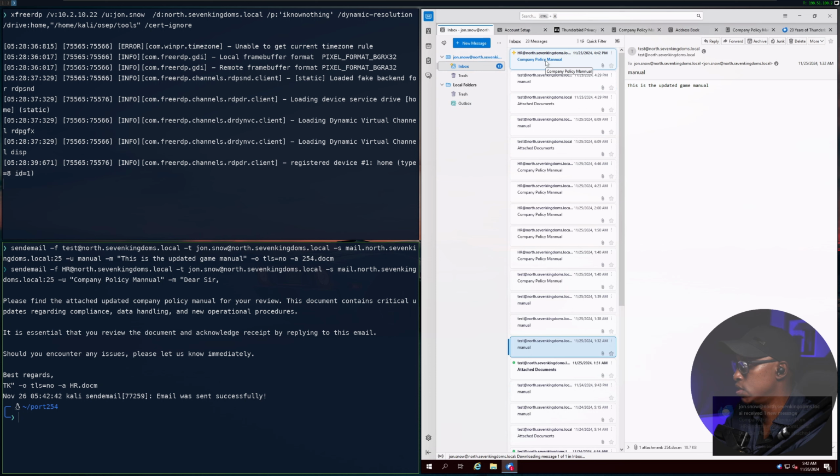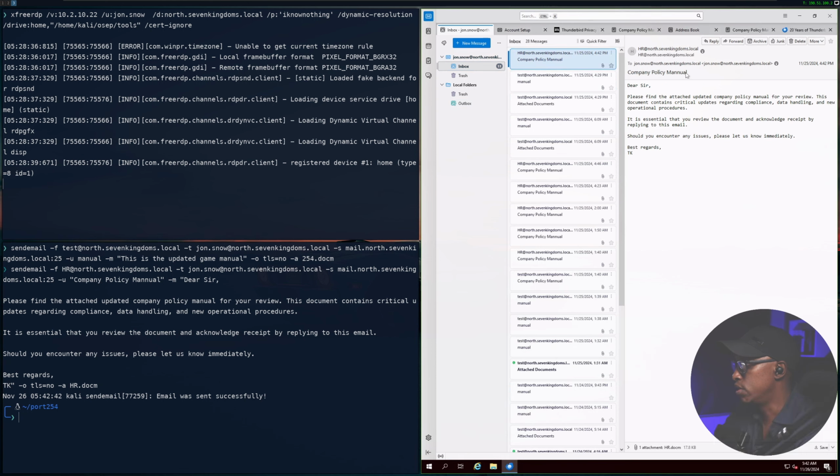Now we are simulating the user receiving this email saying company policy manual. Please find attached the manual. Should you have any questions, please let us know. And it's attached, the HR document here. So on our end as well,